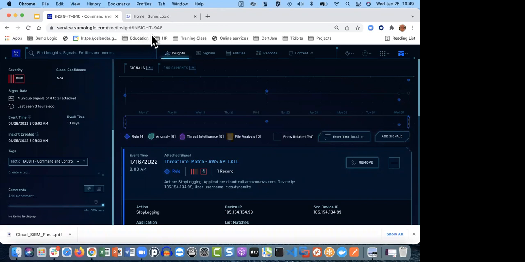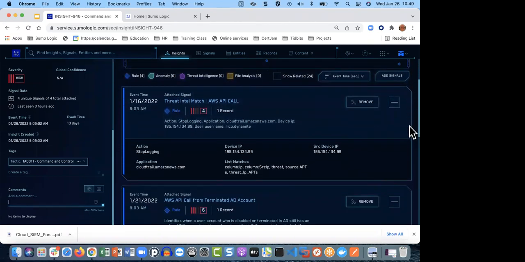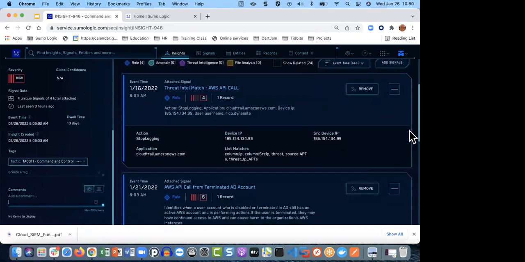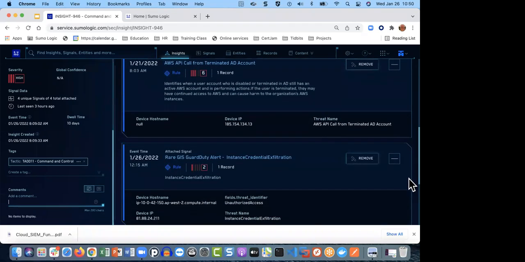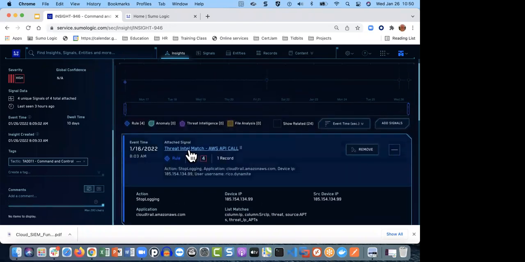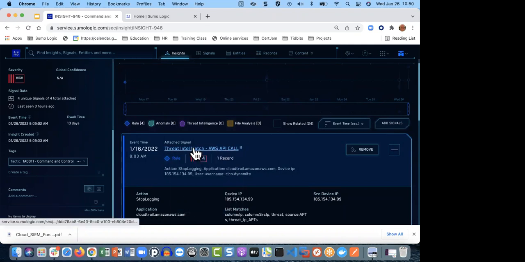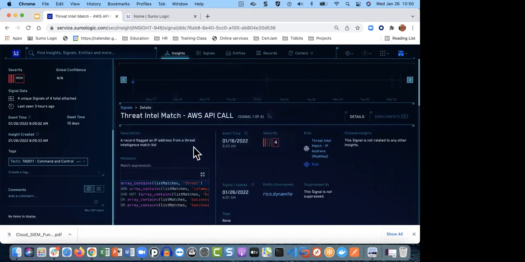So here I now see the signals that made up my insight. And they always start with the oldest signal going to the newest signal. So we can go into these signals and see what's going on. Again, notice we've got our context menu that I can do some other things with. But if I click on this threat intel match signal, this opens up another window where I'm now looking specifically